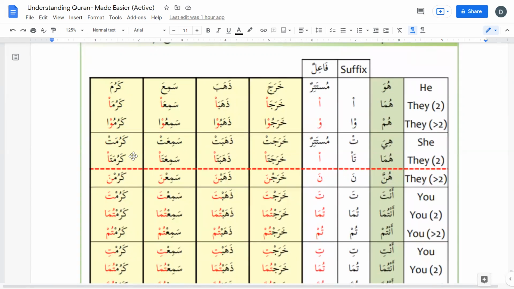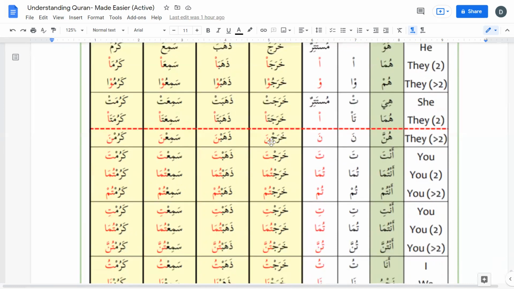Now we have the third person feminine: hiya, huma, hunna. Huwa, huma, hum we did, and then hiya, huma, hunna. Hiya and huma work the same way, we just add ta' al-ta'nith to make it feminine. Kharaja becomes kharajat, and when we add alif, then the ta takes fatha instead of sukun: kharajata. And then we know that in the hunna version, we need to put sukun on the lam kalma, the last kalma